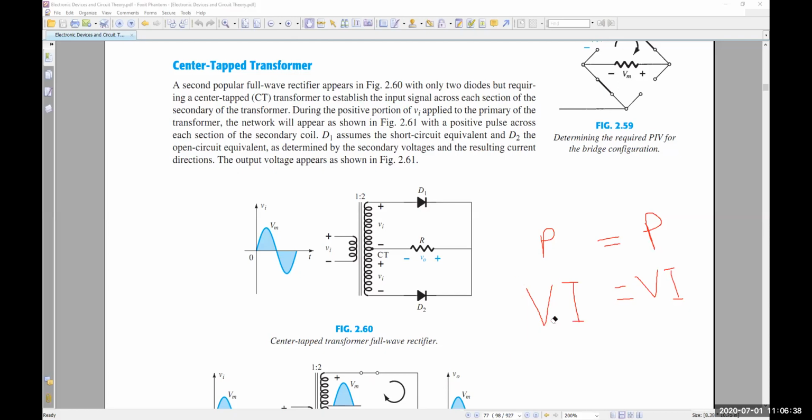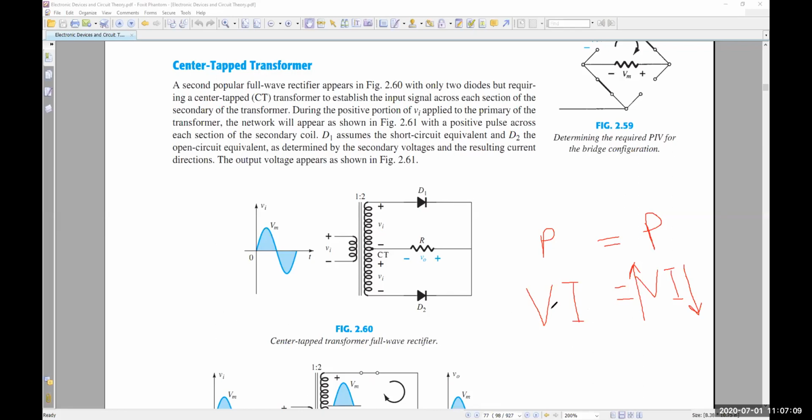So they are the same, right? VI, VI, VI, VI. Now, for some reason, if voltage increases, will they remain the same? No, right? Now, how can you make them the same? You have to decrease the current, right? So if you increase the voltage, if you double it, you have to halve the current so that the multiplication remains the same, right?